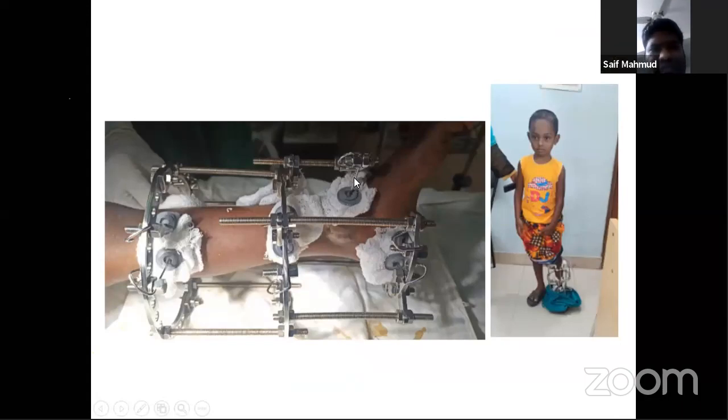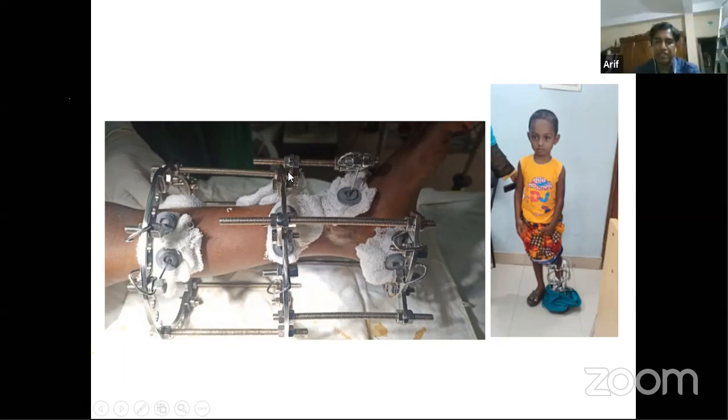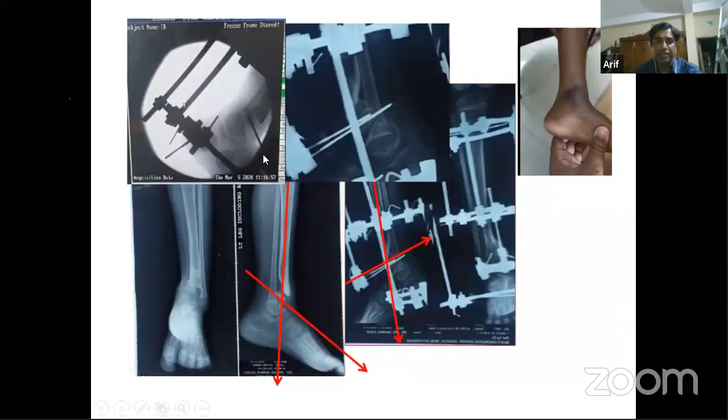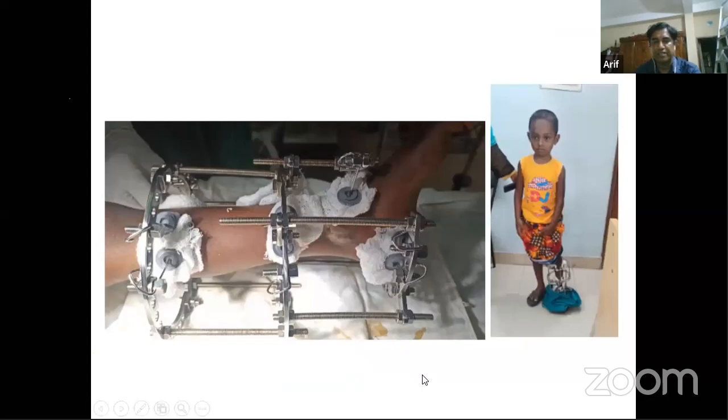I make a pre-tensioning of the wire, that is, bending the wire in a cantilever manner and fixing it to the ring. And I do not put any wires in the other part of the tibial distal physis because it is very short, and in CM you can say only one wire is what I can put in this type of tibial physis. And now the patient is doing well, and after that I am planning to remove this type of